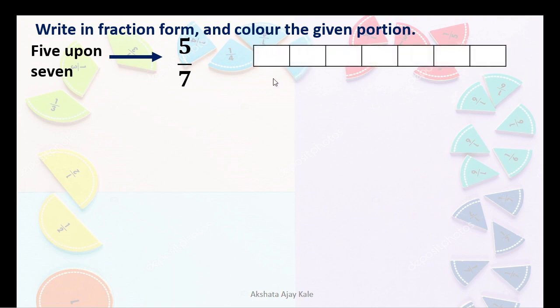Yes, dear children, there will be 7 equal parts because the denominator is 7, isn't it? We have to color 5 parts. So we will color slowly here 5 parts. Yes, correct. 1, 2, 3, 4, 5 parts we have colored. Got this? Second one,